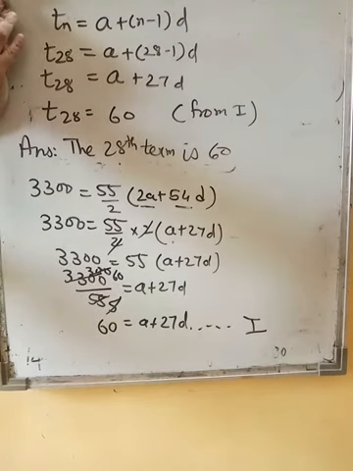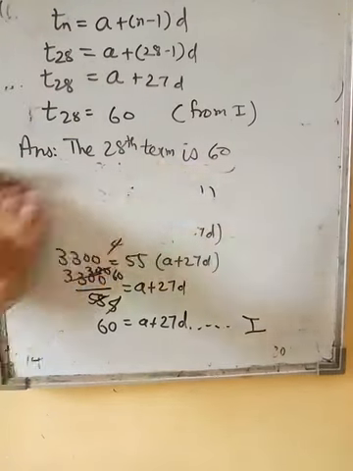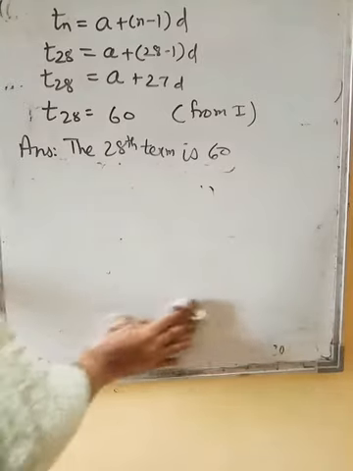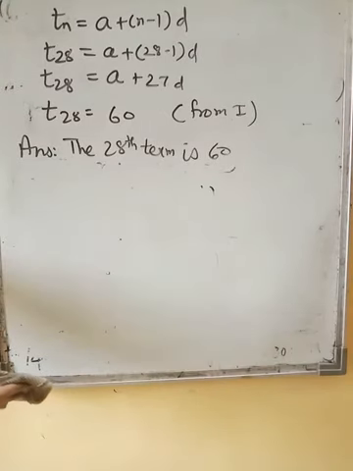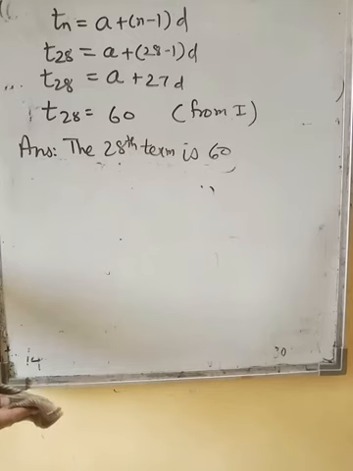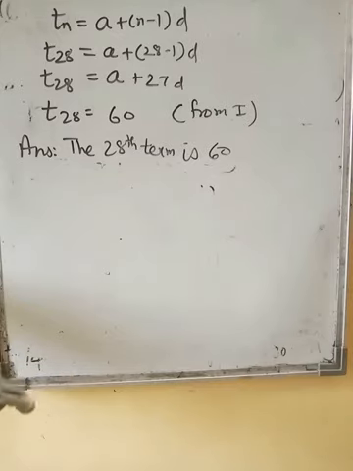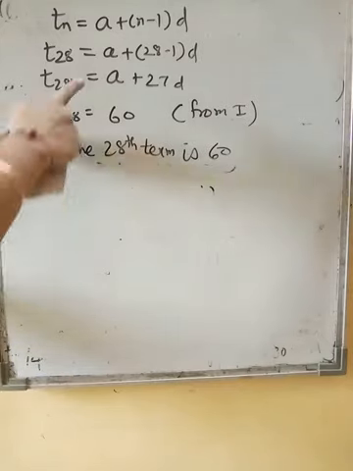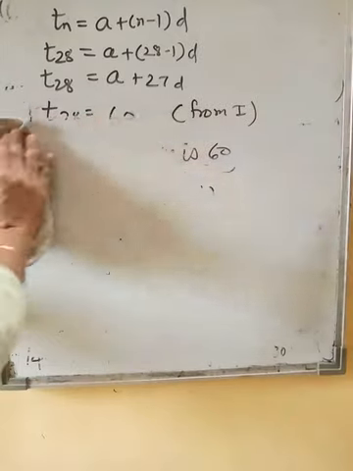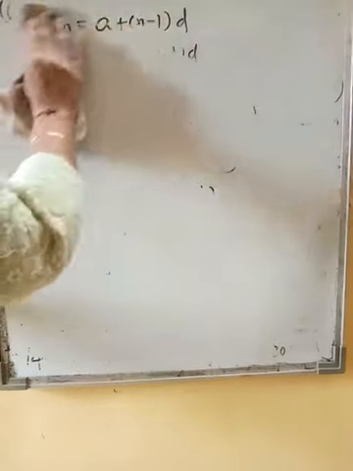I hope everybody has written this. If the 9th term of an AP is 0, T9 is 0 given, then show that the 29th term is twice the 19th term. So we will find out the 19th term, we will find out the 29th term, and then we will see the relation. Somewhere something will be used. See, it is of a similar type, and that is why I am changing the order and taking this sum.